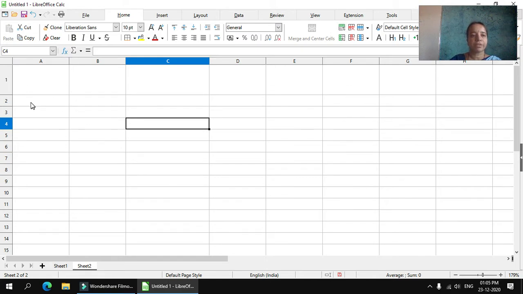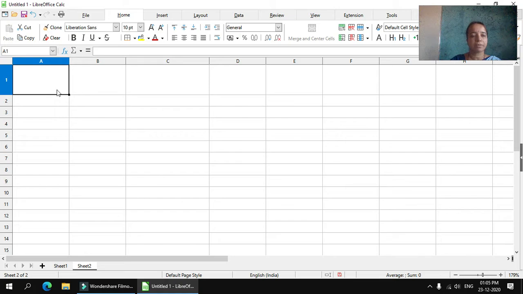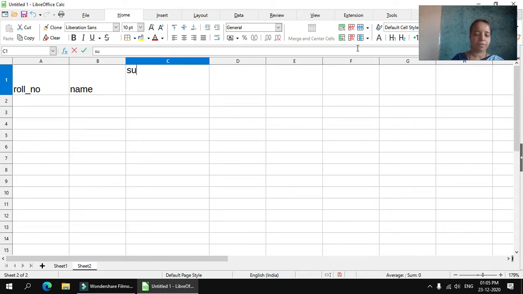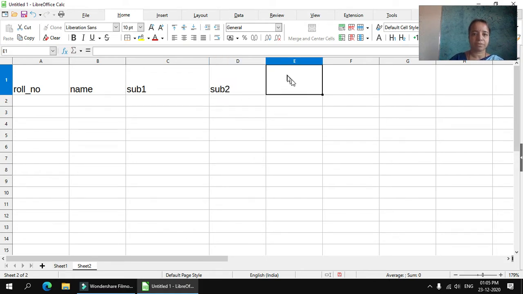Now we type some data here. Roll number of student, name, subject 1 marks, subject 2 marks, subject 3.